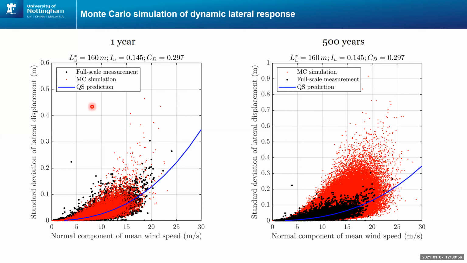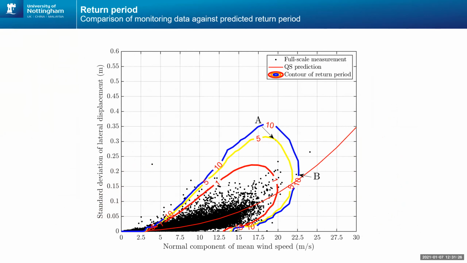So in this left-hand figure, we've got 1 year of simulation data in red and 1 year of monitoring data in black. And we can see the cloud of points lies on top of each other reasonably well. We can extend the Monte Carlo simulation, of course, for as long as we want, so we did it for 500 years. And we can see the interesting thing is that the response increases quite significantly, but the corresponding wind speeds don't necessarily increase that much. And what we're able to do is to predict return periods for different levels of response